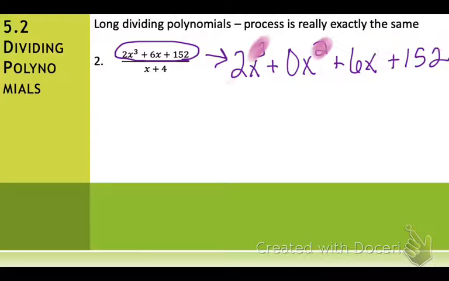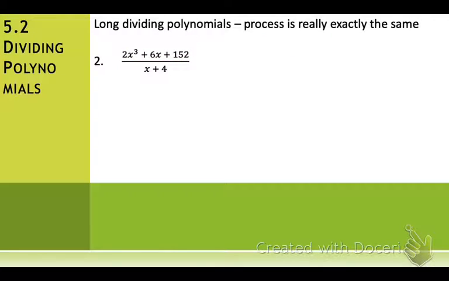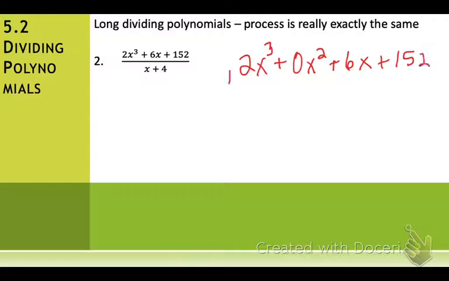Again, you'll see why in a second. So that's what I'm going to write when I set this problem up. All right, so let me write that. So if I take 2x cubed plus 0x squared plus 6x plus 152, and I'm going to divide that into